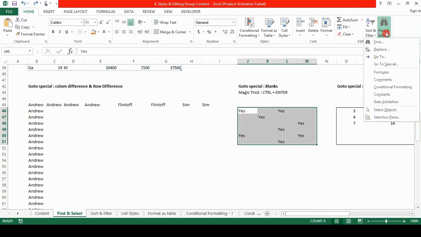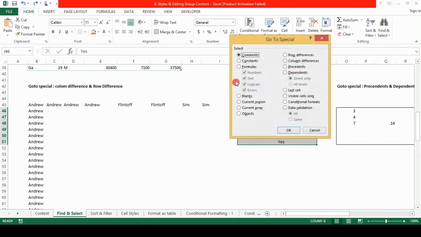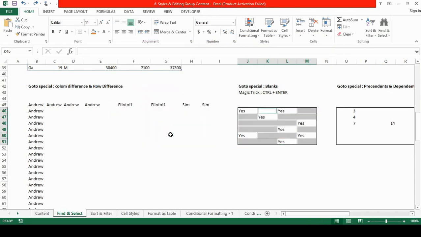We will select the entire cell range. Next we will click on Find and Select, Go To Special, click on Blanks, and click OK. You will notice that all the blank cells have been highlighted, and next we enter, suppose, no, and we won't just hit Enter. We will first press Control and then hit Enter. You will see that with a single Control Enter, all the cells where no was required are auto-filled. So that's the function of Control Enter, including the blanks.